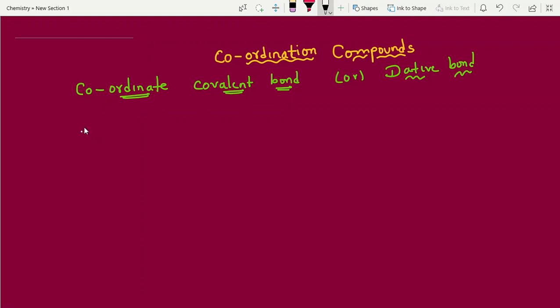Take the covalent bond in a Cl2 molecule. In the Cl2 molecule, two Cl atoms mutually share electrons. This bond is two electrons, mutually shared, so we can say it is a pure covalent bond. But in HCl, you cannot say it is 100% covalent. It has covalent nature, but along with this, ionic nature is also there. Next, what about the coordinate covalent bond? Here it is not mutually sharing.